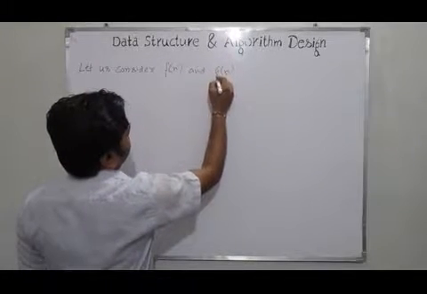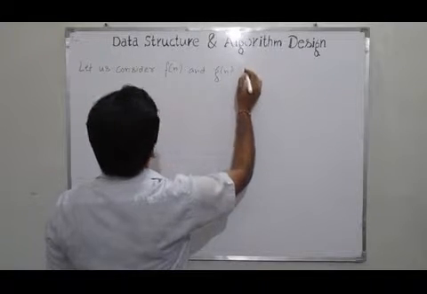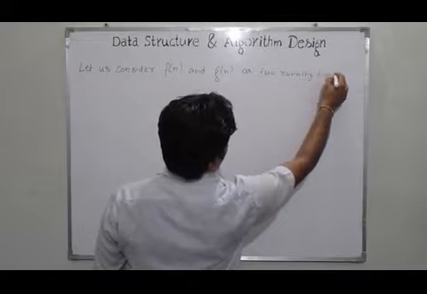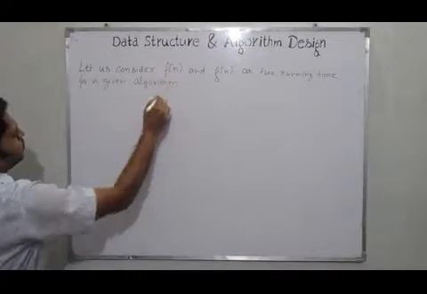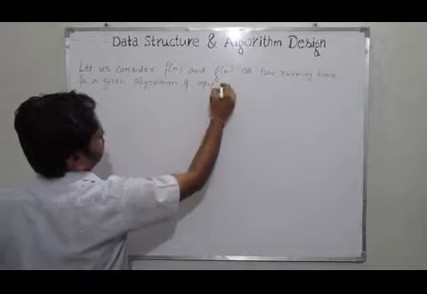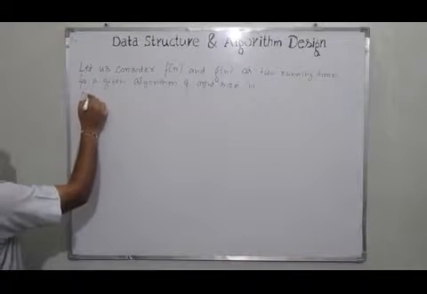Let us consider Fn and Gn as two running times for a given algorithm of size n, then there are certain assumptions to follow,